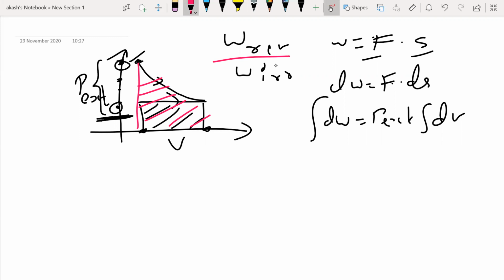Okay, now what about compression? That's a good question, isn't it? Now, what about compression? Now, there will be a slight change in the graph. Now, it's like assuming that I'm going to do the exact reverse process, right? I add 10 kg mass at once, right? The gas is going to get compressed, or say the next step would be adding two 5 kg masses, first 5 kg, second 5 kg, or say 10 1 kg masses consecutively getting added, right? So now the graph will look something like this.